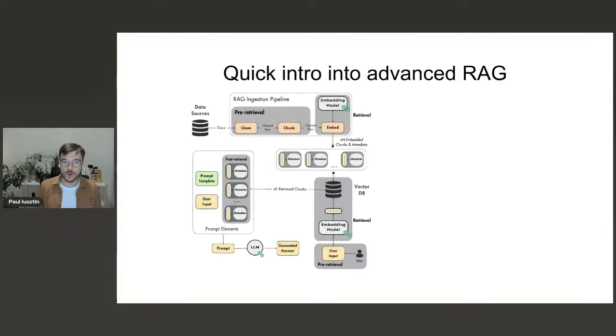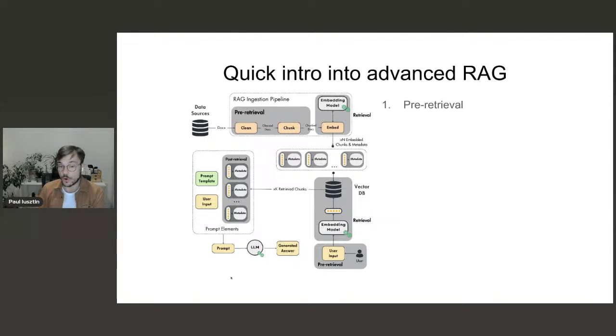For example, if you want to optimize a RAG system, which is also known as advanced RAG, there are a few areas you should look at. For example, the pre-retrieval stage, which usually lives in the RAG ingestion pipeline, consists of how you clean and how you chunk the data, which is very important. Many times these are the most important parts you can optimize. Not the sexiest part, but sometimes the part that has the most impact.